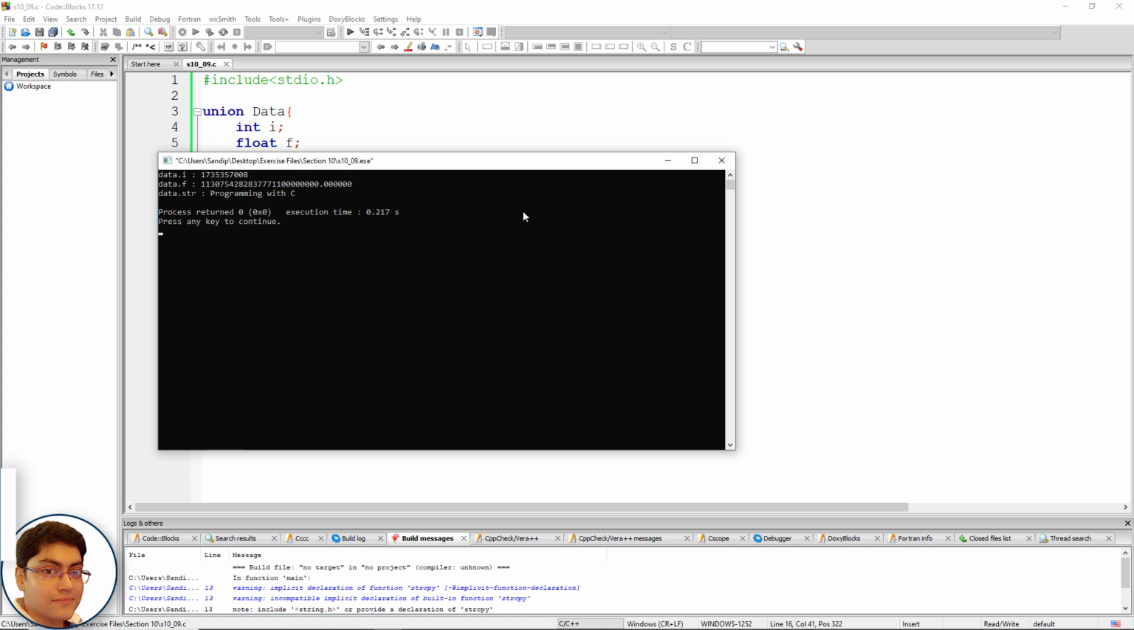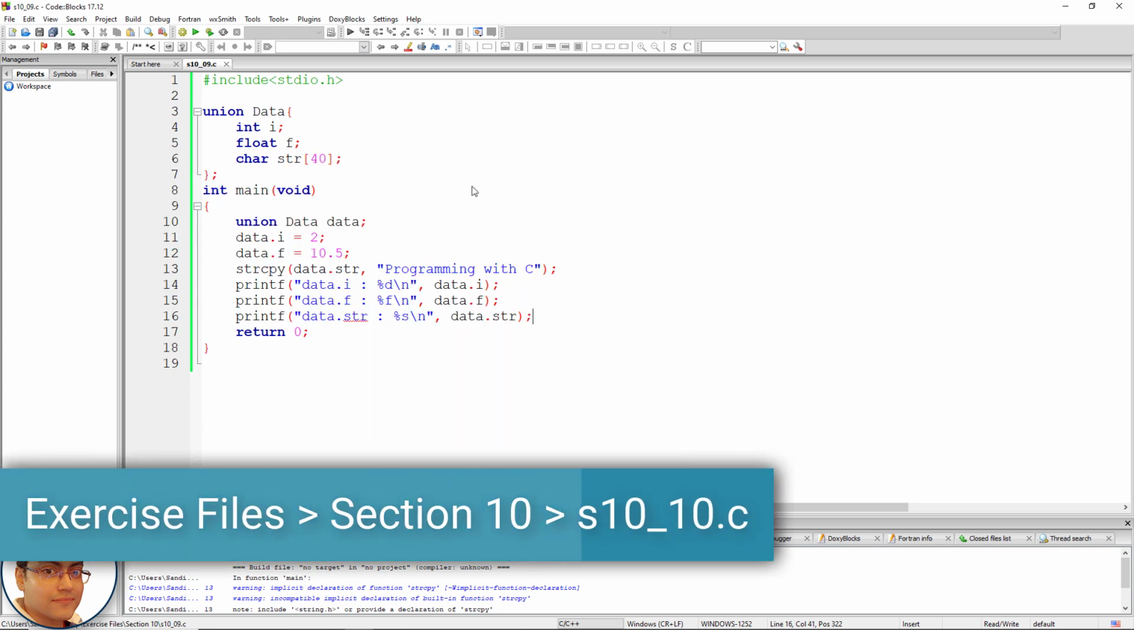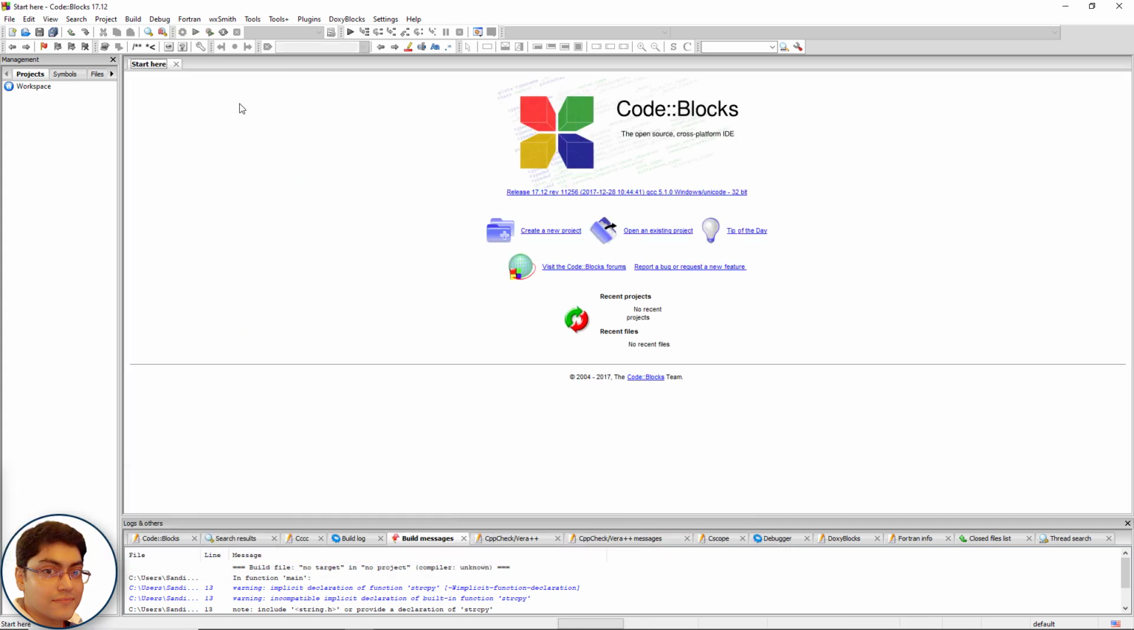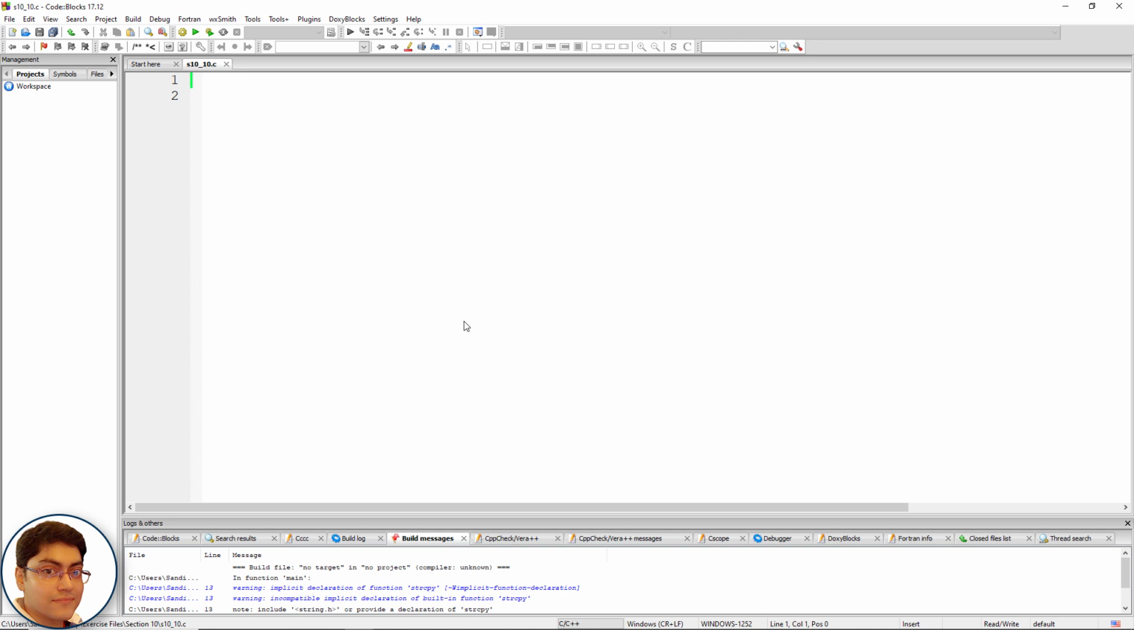Create a new file in Code::Blocks and save it as s10_10.c. Ctrl+Shift+N, Ctrl+S, s10_10.c. Click Save. Quickly include the header file: #include <stdio.h>. Define the union data {};